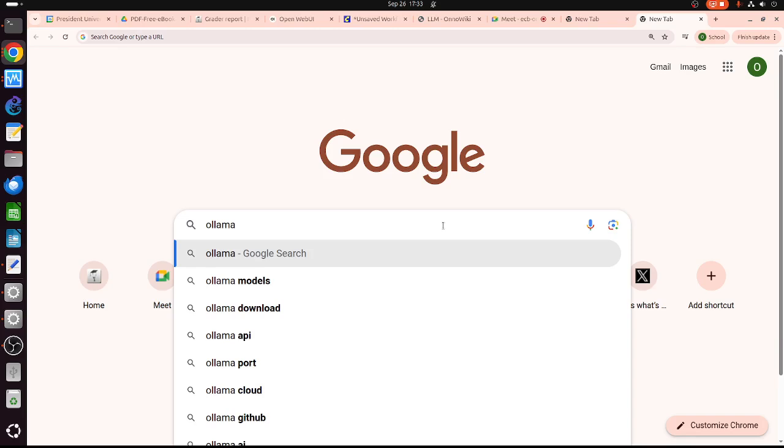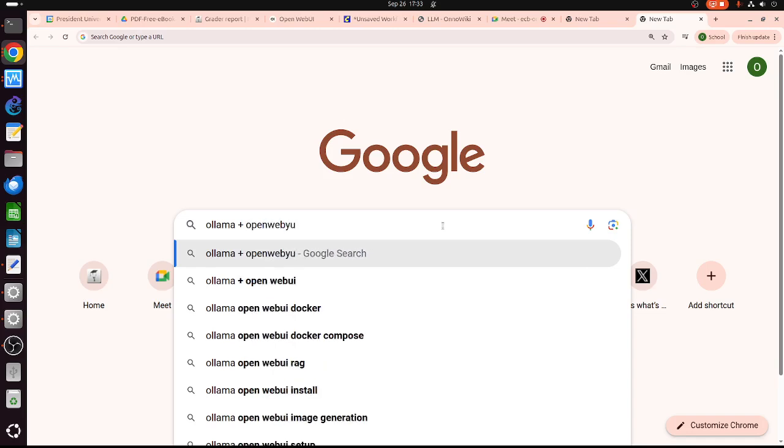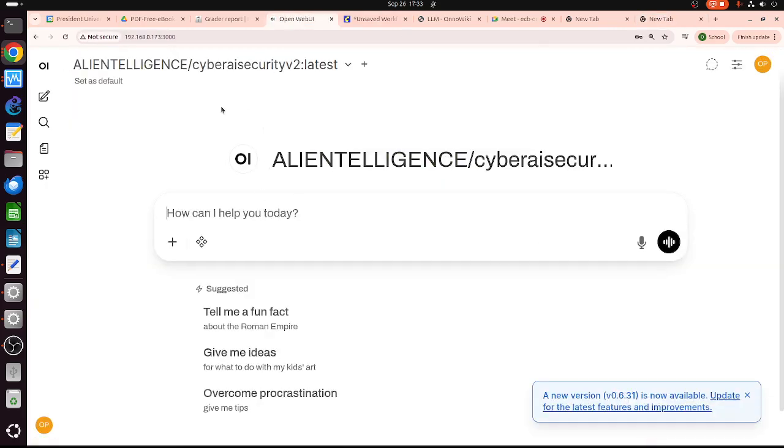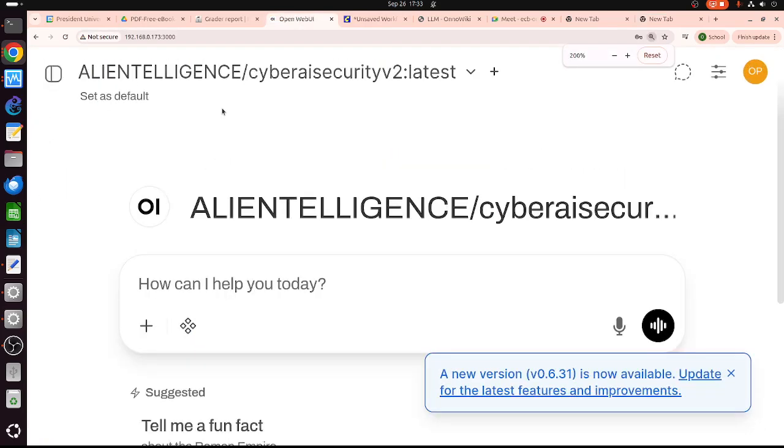On top of Ollama, I run Open Web UI, so you have a web user interface that looks similar to ChatGPT or Grok, but it's different.